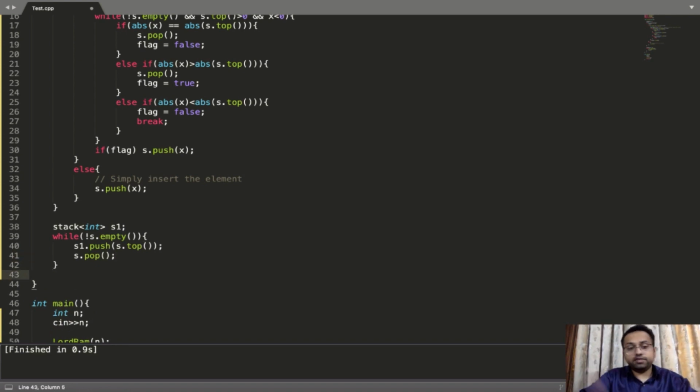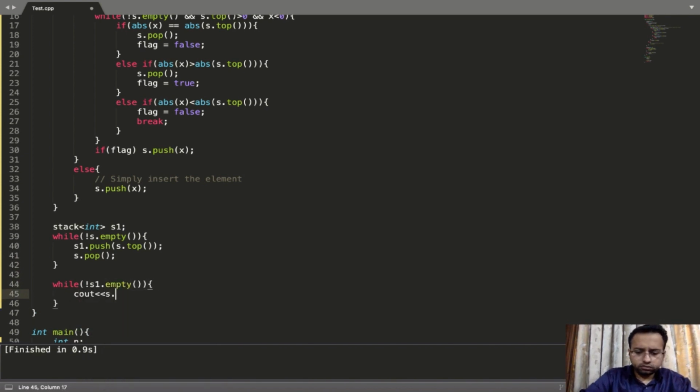So yeah, we have inserted all the elements. Now while not S1.empty, I'll print all the elements, so s1.pop, because we have to print all the elements of stack s1. So now we'll do cout.